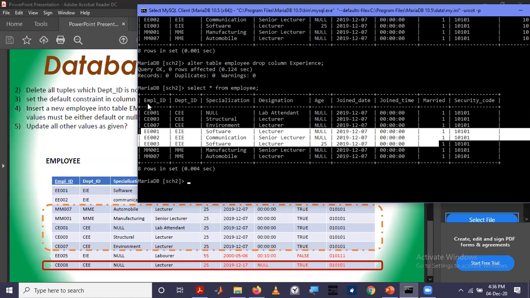So as the employee ID is the unique key, we can identify these three from others using this employee ID.